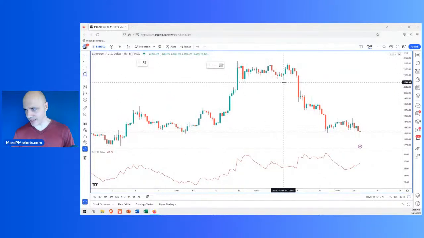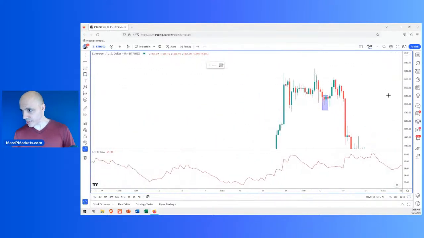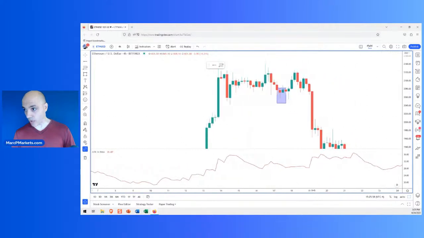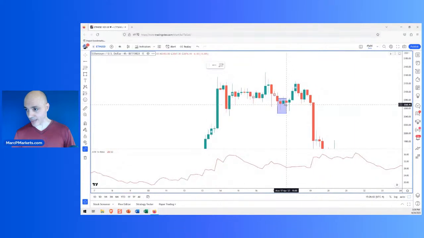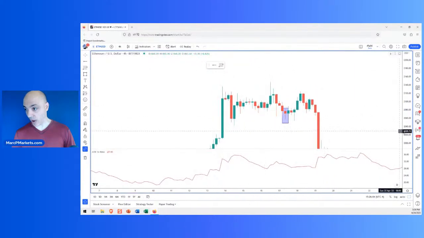Okay, that's the trade. So that's around here somewhere. In fact, I think it's this candle right here, right? It's right around here because it was on the 17th. So let's see, it's probably this one. All right, so this is where it called it long. Now let's zoom in on this. This is where my scanner called Ethereum long, right there, okay? This candle, you guys see that? That's where it called it long.